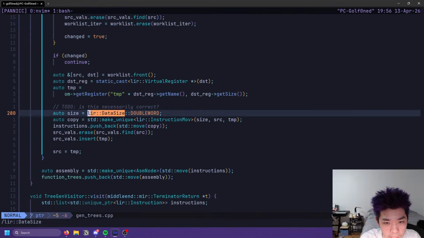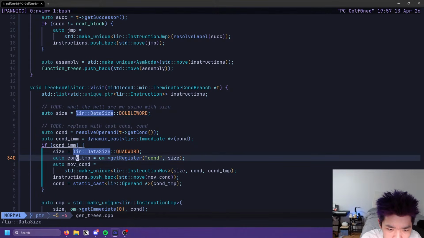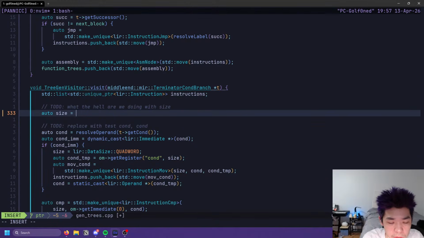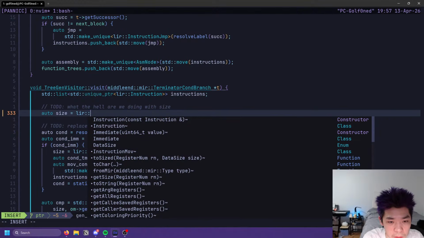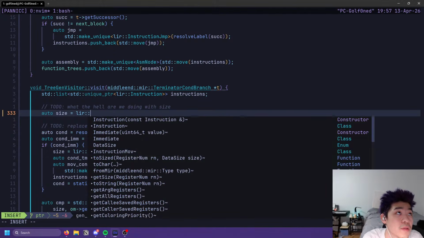I'll figure out this parallel copy stuff later. I don't want to think about this right now. I don't know what's happening here. What is this for again? Oh, I see. So let's do LAR to, what was it?